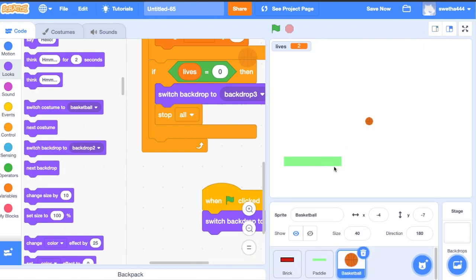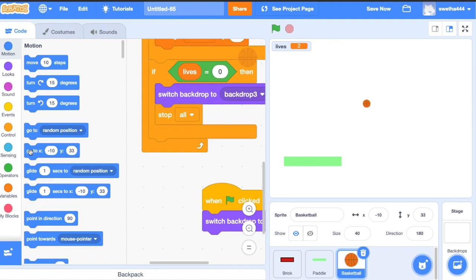If the ball Y position is less than paddle Y position, we'll reduce the lives by 1, and again we'll make the ball go to some particular position.